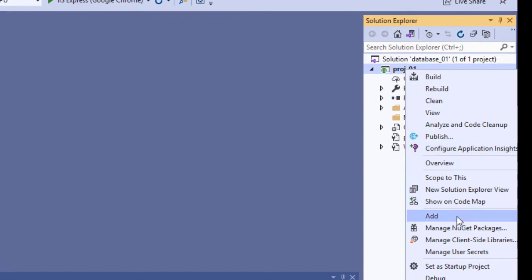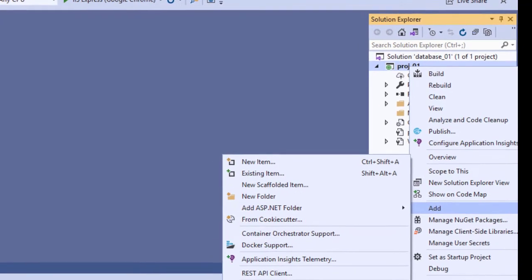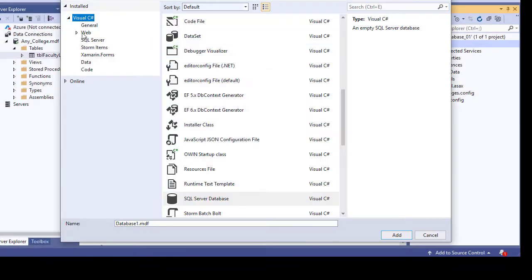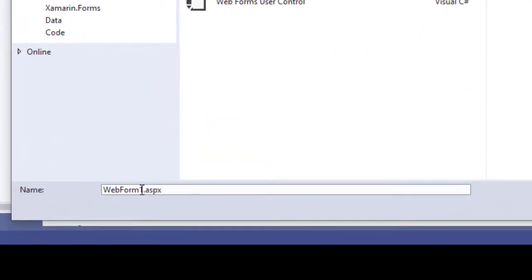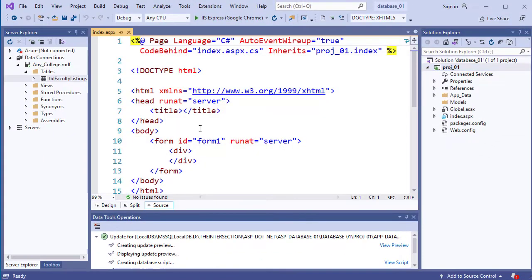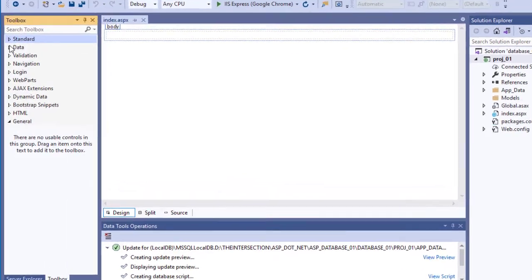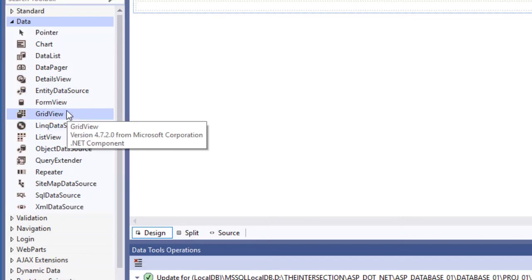Right click, add a new item, or you can just go and select web form at the bottom. But we're going to click add new item, and it's a web form, and let's give it a name. Click add, and here's our first web form. Let's go to the design. Now let's go to our toolbox, click on our data and select GridView,